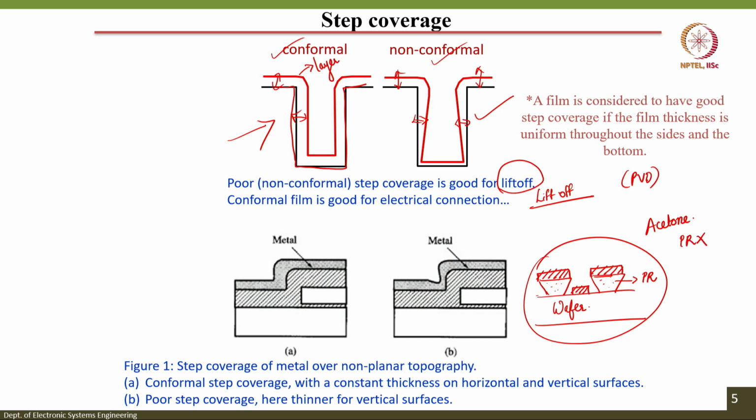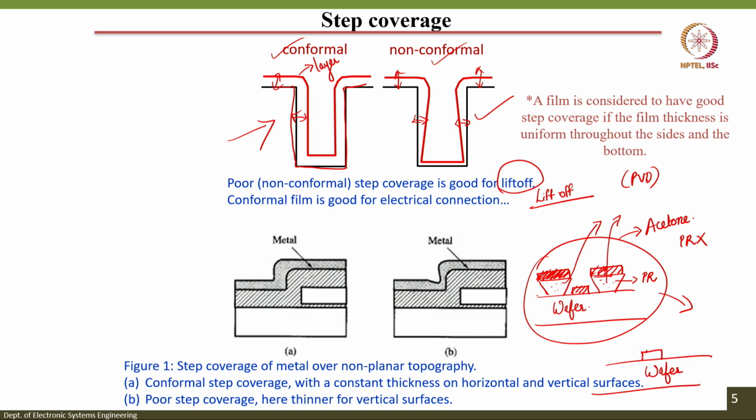So, when this entire structure is dipped in acetone, the photoresist layer will be removed. So, this particular photoresist and this particular photoresist layer will be removed, and when the photoresist gets dissolved in acetone, it removes the thin film that is deposited above your PR layer. So, after the acetone dip step, the pattern that will be existing above your wafer will be,